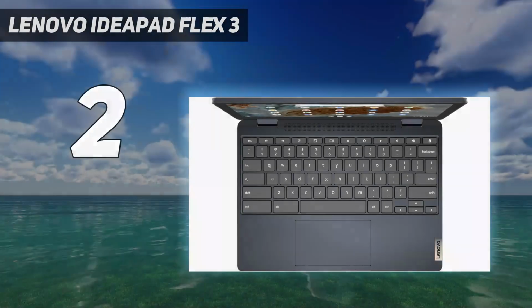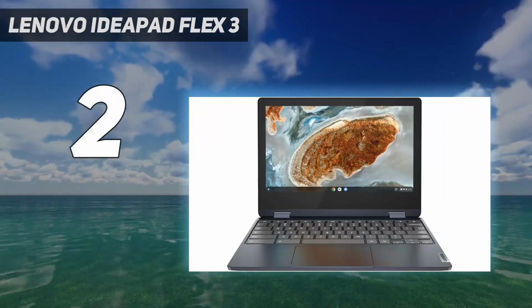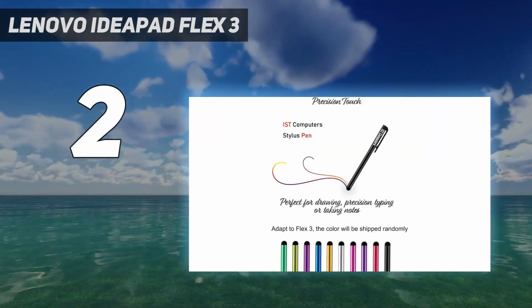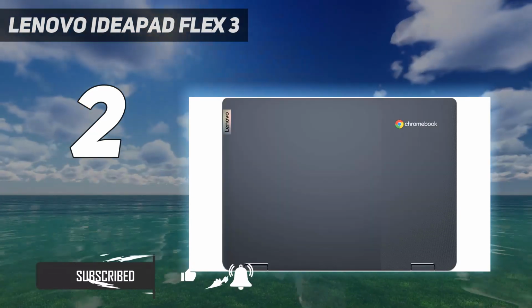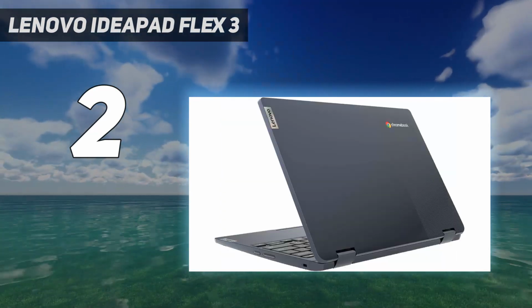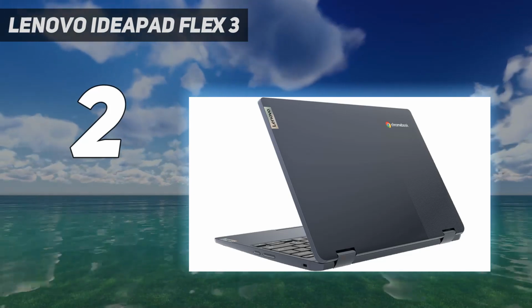Number 2 of my list. Lenovo IdeaPad Flex 3. We're always learning, but some of us are learning more than others. Younger students are sure to benefit from the Lenovo IdeaPad Flex 3, which packs a rather rugged build quality that is well suited for users who want to quickly stuff everything in their backpack or are likely to drop things on the floor. The keyboard base is solid and the hinge is very robust, enabling it to survive any amount